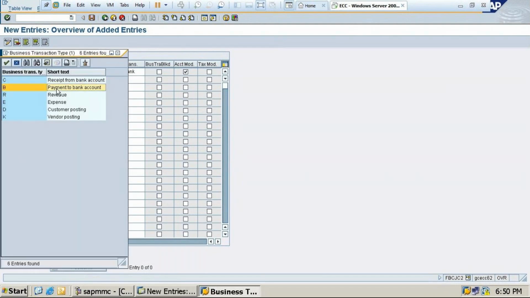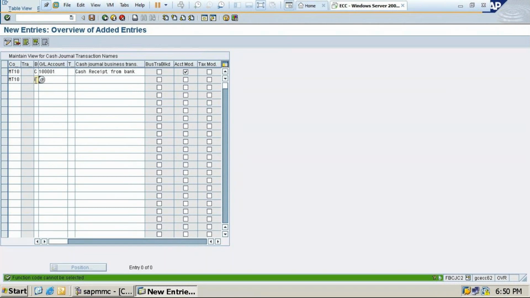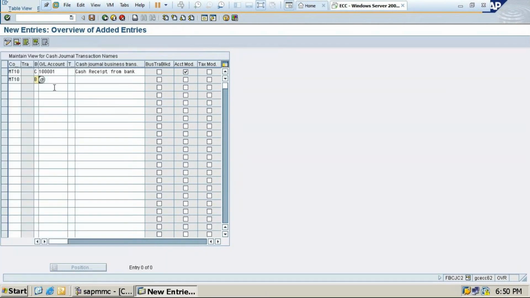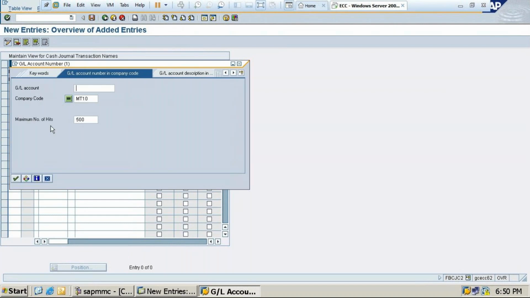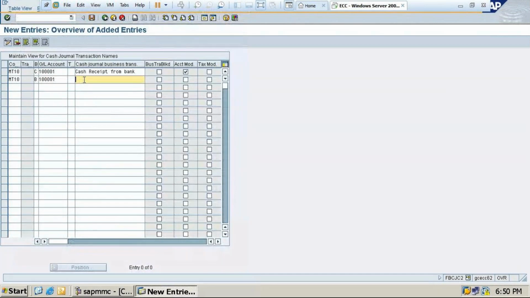payment to bank. Which bank is it? We have to select function code. We have selected no payment to bank. Then we have to click on this and select ICICI bank. In this payment, cash payment to bank. Cash payment to bank. Okay. Next,